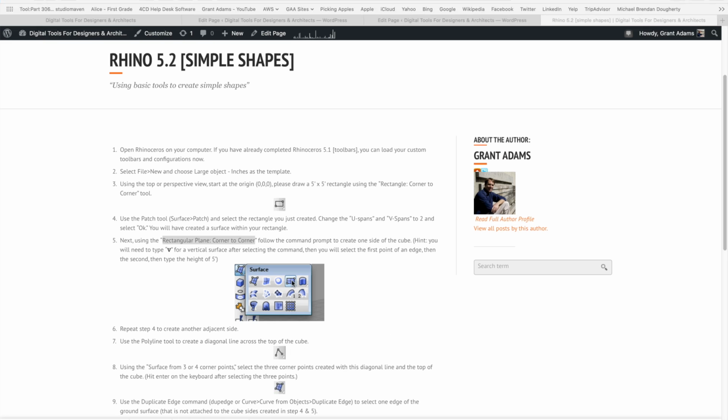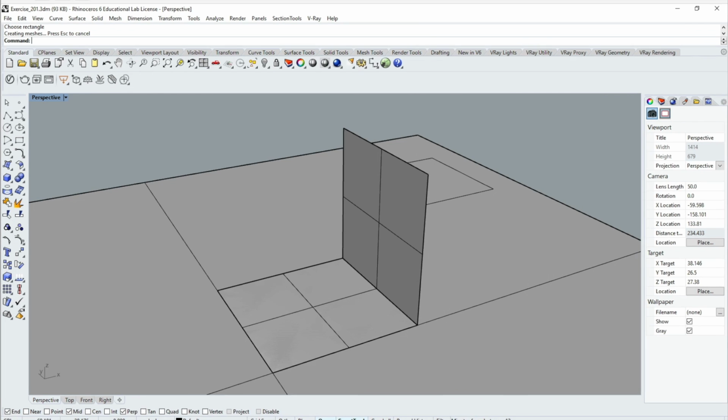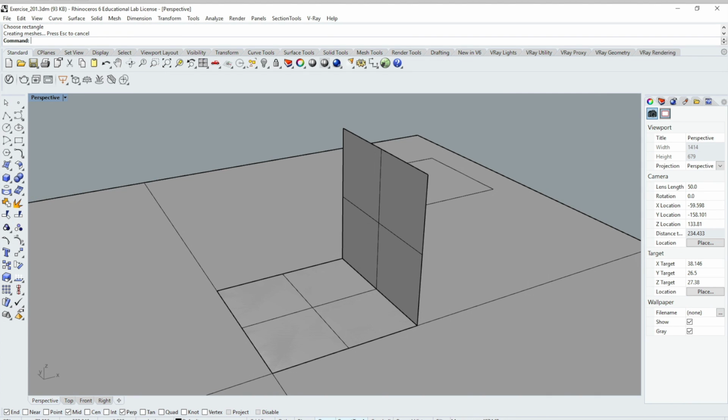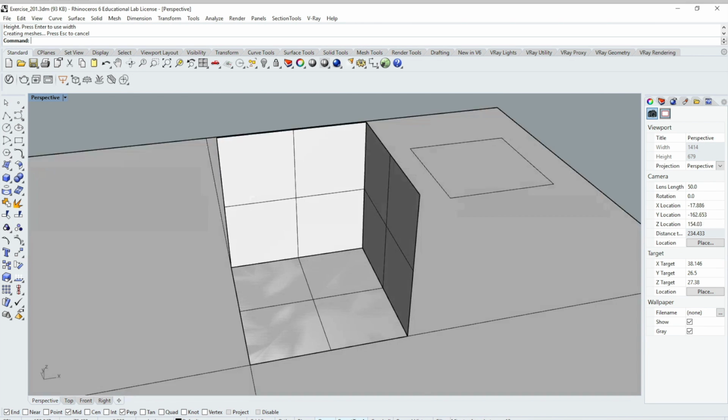So we're going to jump back over here to my next step. That was my vertical plane. We're going to repeat that same step to create another adjacent side. So let me come back here to my Rhino model. I'm going to come down to my surface. I'm going to click the little triangle, and once again I'll pick corner to corner, or I could just jump right ahead to vertical plane. If you pick corner to corner, we have to pick vertical or type V for vertical. There it is. Start of edge will go right here. End of edge will be right there, and we'll come up vertical right to there, and that creates my next plane.